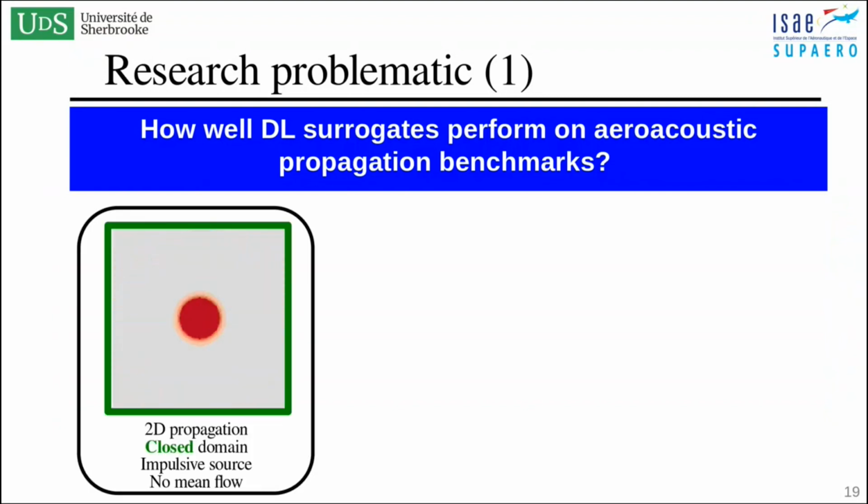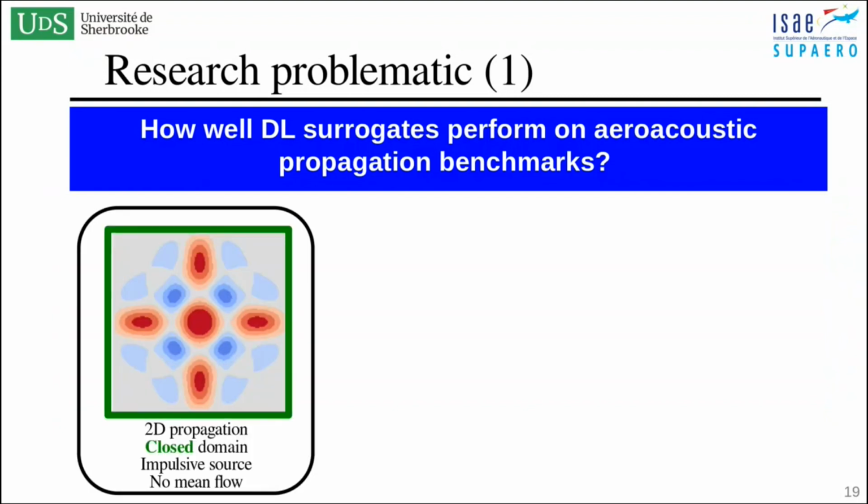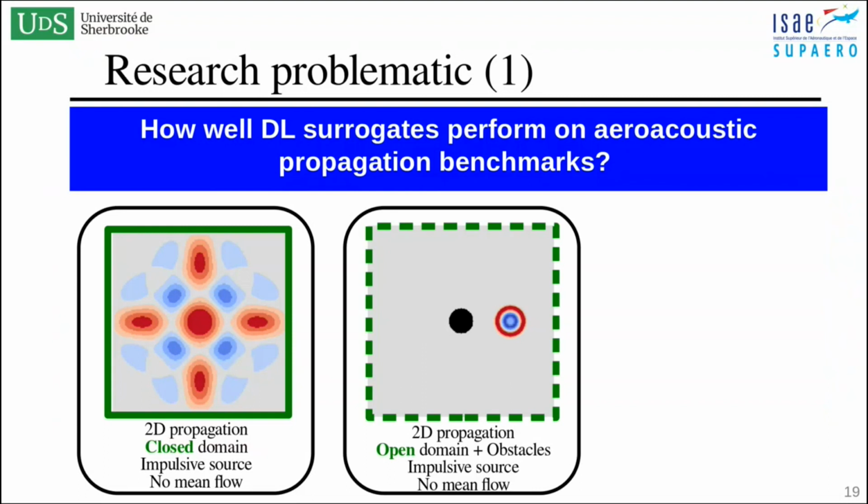The first one is a very simple and academic one, where we study the 2-dimensional propagation of acoustic pulses in closed domains. And you can see that the source is an impulsive source and there is no mean flow considered. The second case is again using some impulsive sources, so these Gaussian pulses, but now we change the boundary conditions to open boundary conditions, so non-reflecting ones, and we set some interior obstacles in order to have some scattering